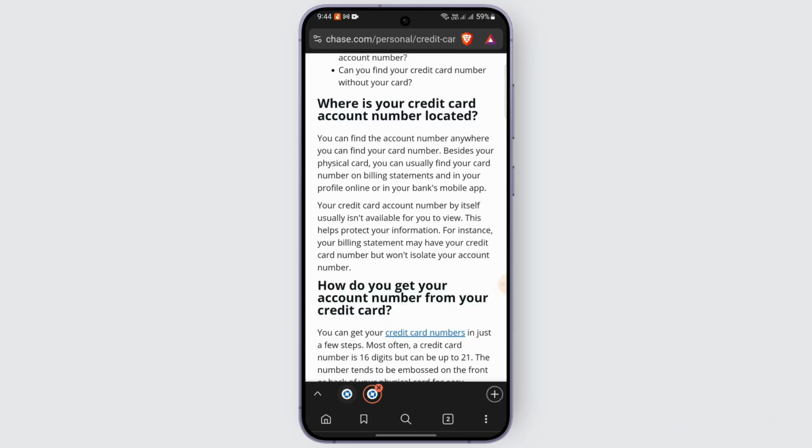Usually your credit card account number by itself isn't available for you to view. For instance, your billing statement may have your credit card number, so you may just go to the billing statement and you may be able to see your credit card number there. So just follow the steps and you should be able to see your credit card number on your Chase